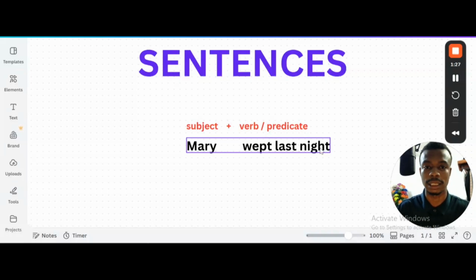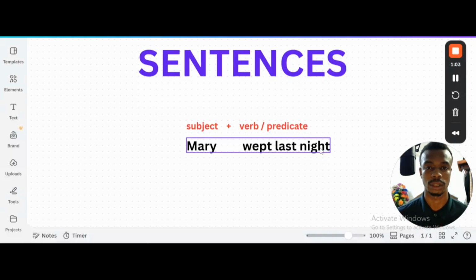Listen, listen, and listen. Yes, listen to good speakers. Read, read, and read. The more you listen and the more you read, the more you can identify patterns, and these patterns will help you to form good sentences when you want to do so. You see? Now, that being said, it's also important for us to know the components of sentences, and that's where this comes in.